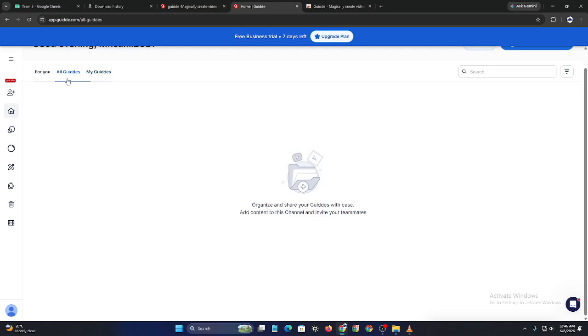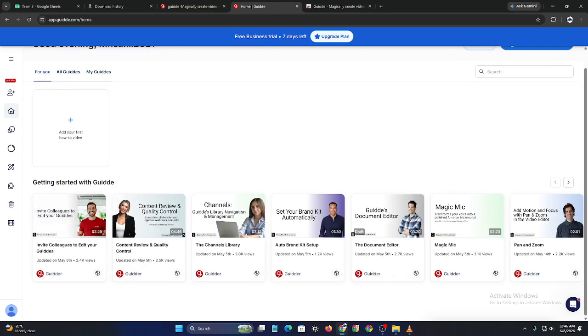As you move through the process, Guidde automatically captures screenshots and records each action. Once everything is ready, preview the guide to ensure all steps are accurate and easy to follow. Then publish it and share it using a direct link or embed it into your website, knowledge base, or training portal. For the best results, keep guides concise, avoid unnecessary actions during recording, and always review the AI-generated content before